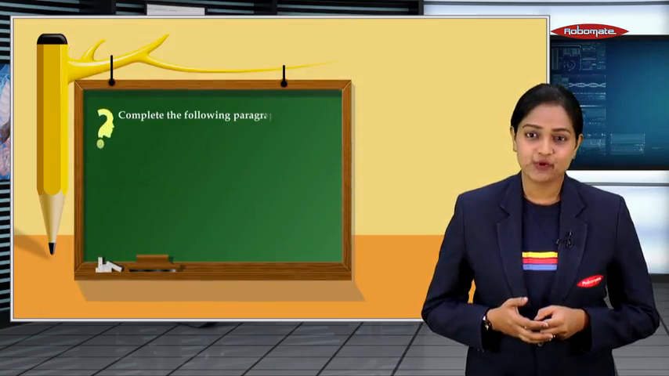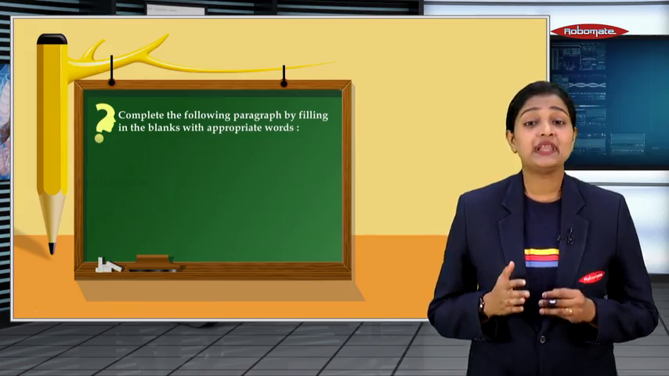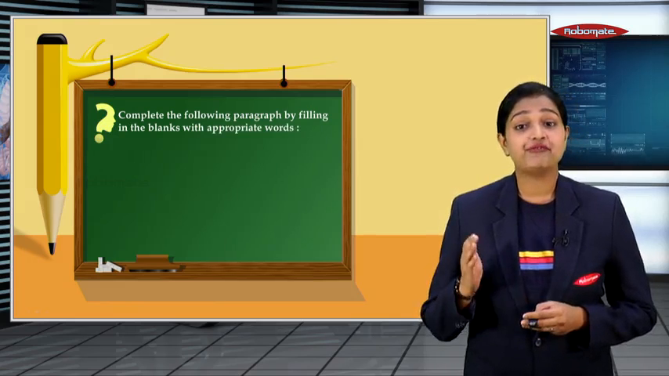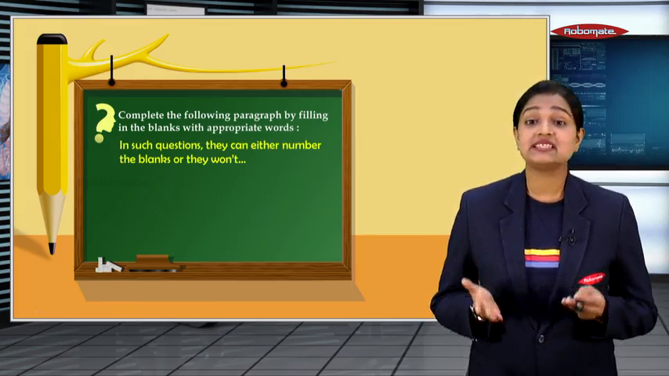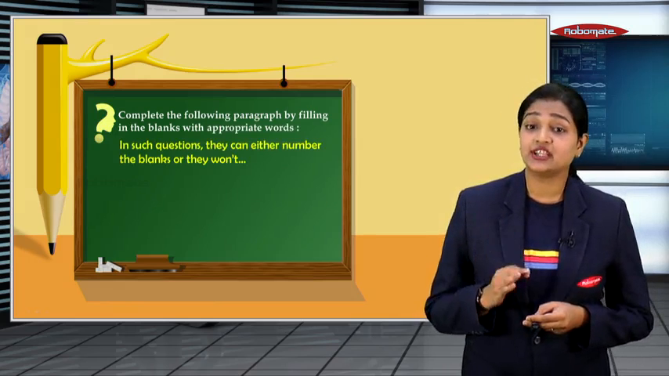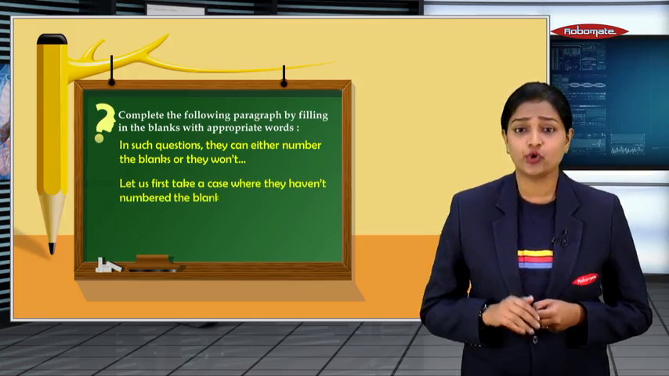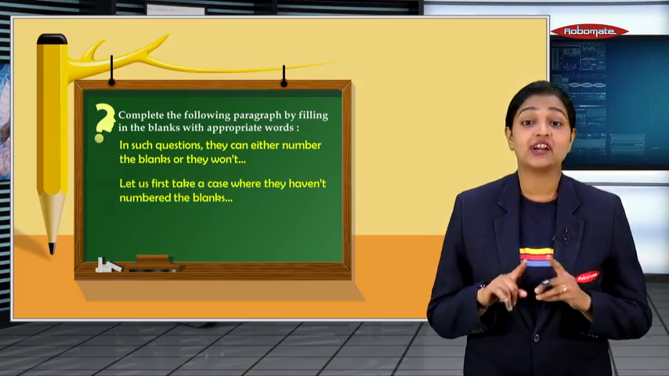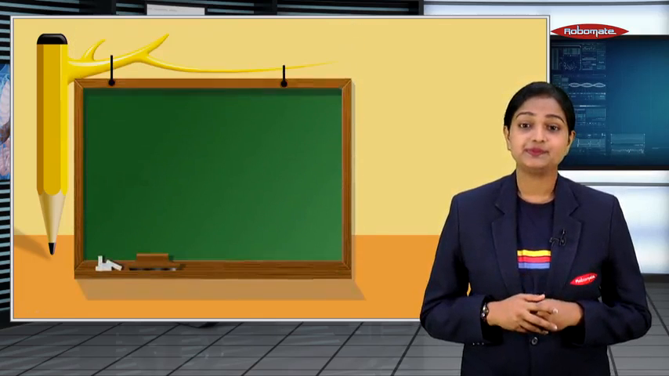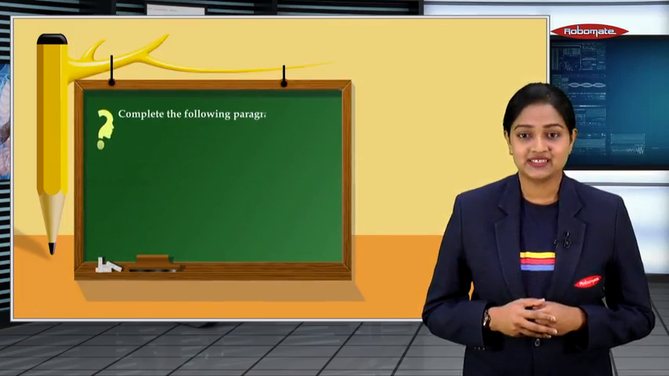Moving on to the next type of question. Complete the following paragraph by filling in the blanks with appropriate words. Now, in such questions, they can either number the blanks or they won't. Let us first take the case where the blanks are not numbered. So the type of question asked is,